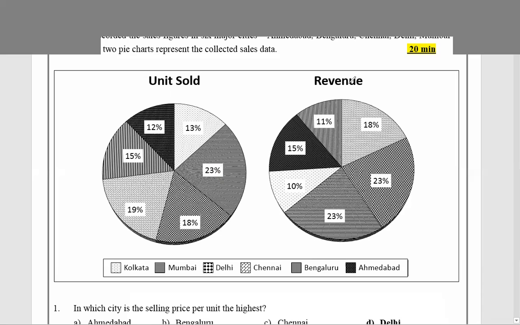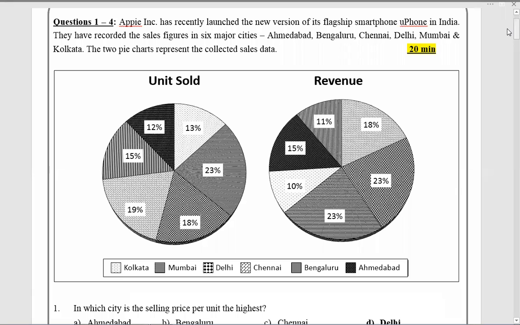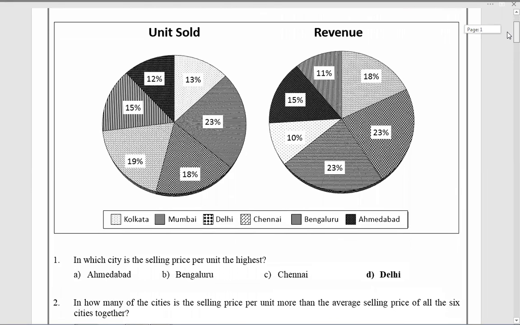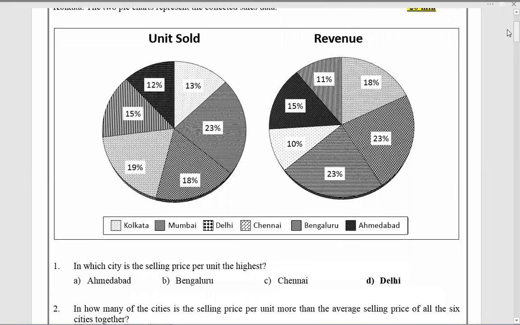Then they see the second pie, and the same issue they face: revenue, pie chart, no absolute data in between. And the feeling is even stronger now. If I could have got the total revenue figure, I easily could have calculated revenue earned from each of the regions. And this is the feeling which tends the student to take some variable. Students think if I take a variable, it might be easier.